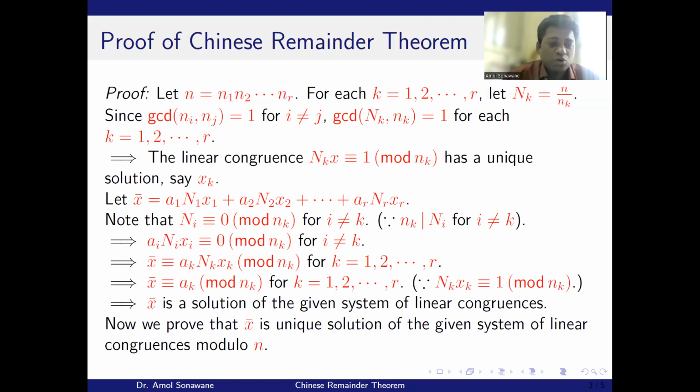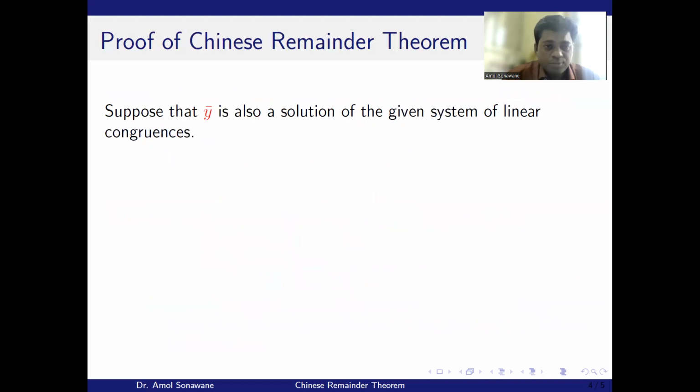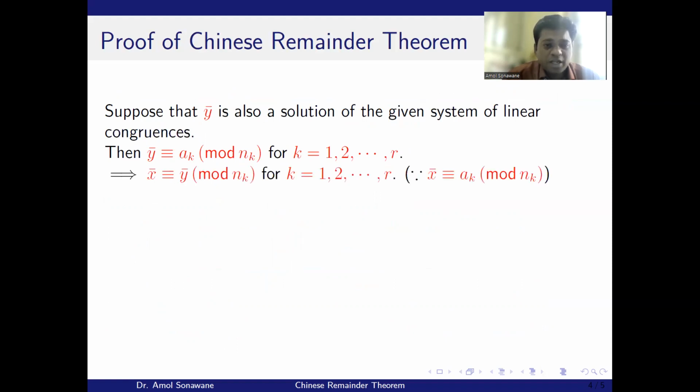Note that n is a product of n1, n2 and nr. Suppose that y bar is also a solution of the given system of linear congruences, then by the definition of solution of system of linear congruences, y bar is congruent to ak modulo nk for each k from 1 to r. So it implies that x bar is congruent to y bar modulo nk for each k, since x bar is congruent to ak modulo small nk for each k. So it implies that small nk divides the difference of x bar and y bar, means nk divides x bar